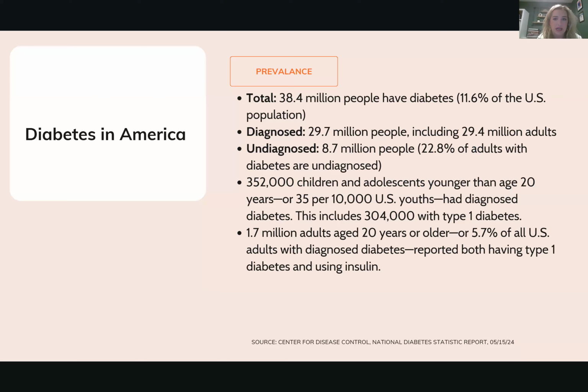We also know that over 300,000 children and adolescents under the age of 20 are diagnosed with diabetes. Now, about 300,000 is with type 1 diabetes. So again, when I talked about how we used to call it juvenile diabetes, for the most part, people with type 1 diabetes that you meet or maybe you see in your practice, typically were diagnosed under the age of 18. I would say the large majority. But I know a woman who was diagnosed at 38 years old with type 1 diabetes. And sometimes